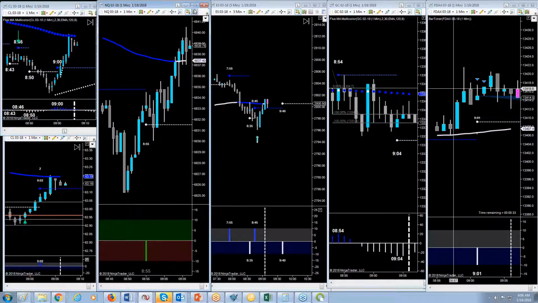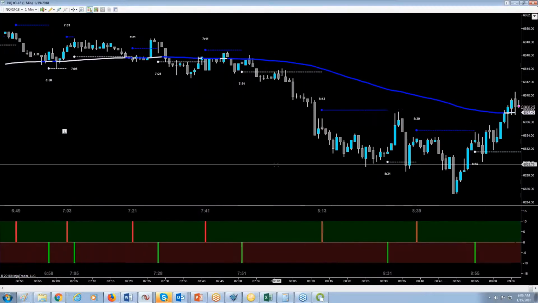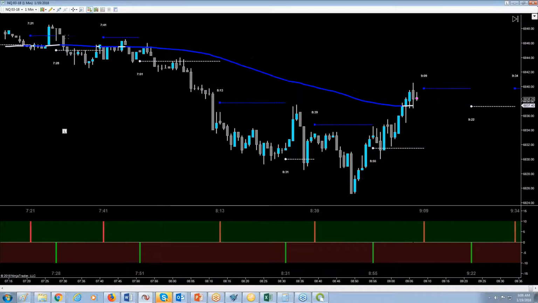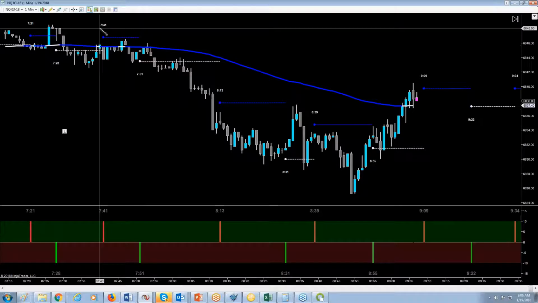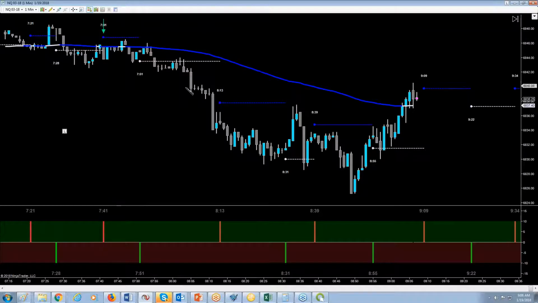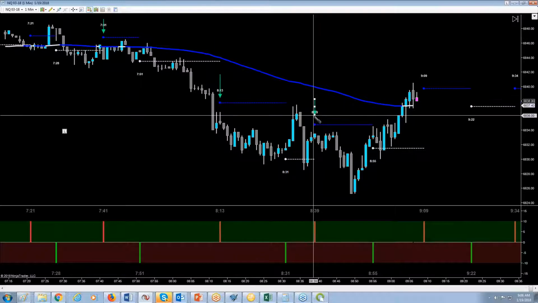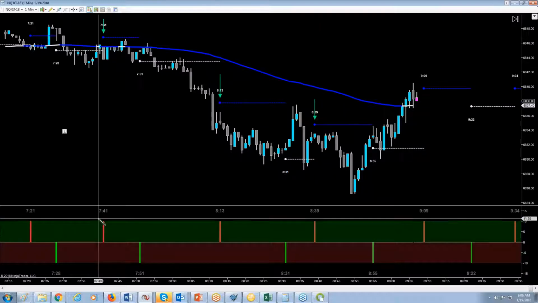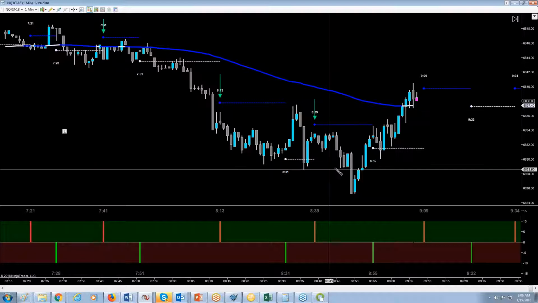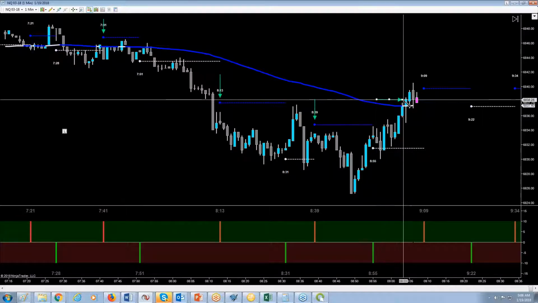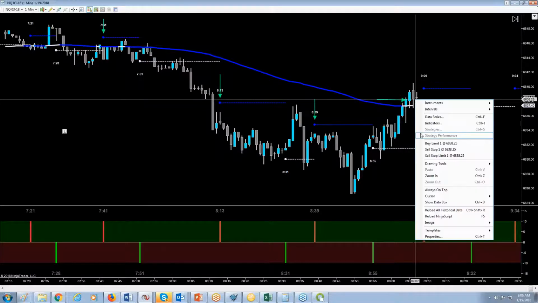Okay, on the NQ, we had some good shorts this morning. We had a possible entry at 741. We had a possible entry, Melissa, at 813, and then we had a really nice setup at 839 before you got here today. There was an entry in the NQ possible right here. It's called a crossover trade.